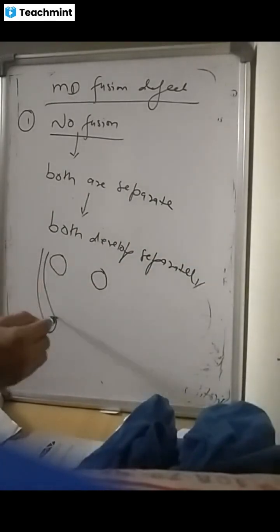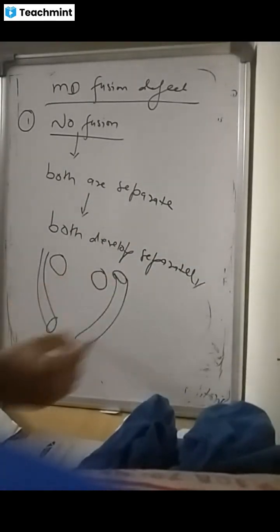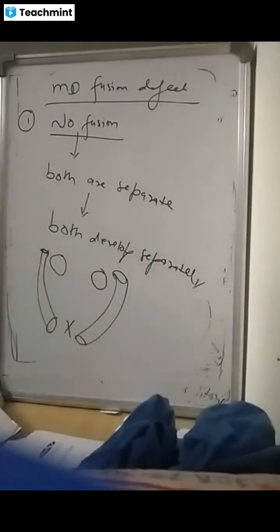These are the Mullerian ducts. They will develop separately. This condition where there is no fusion is known as didelphys. Didelphys uterus means